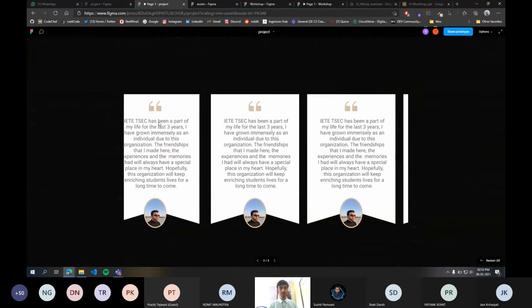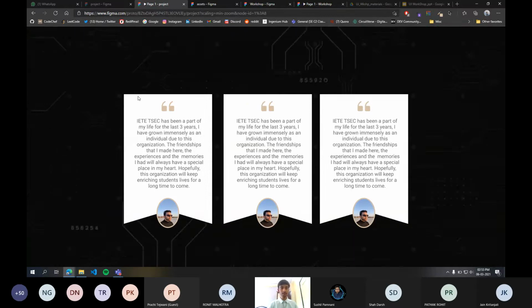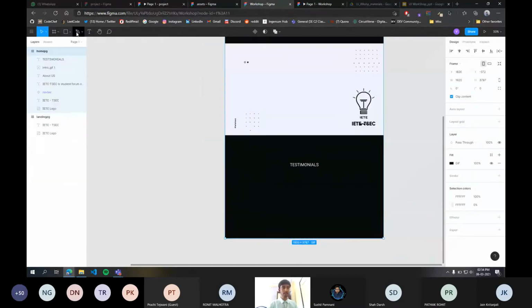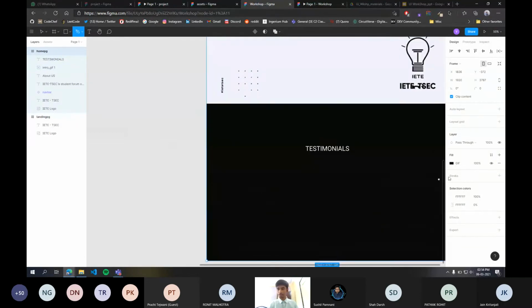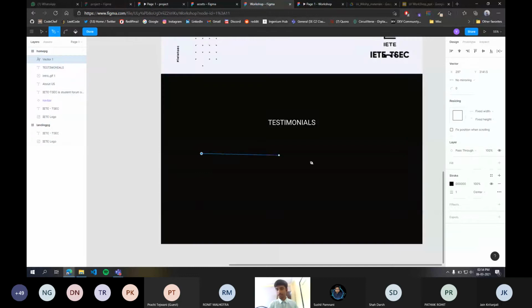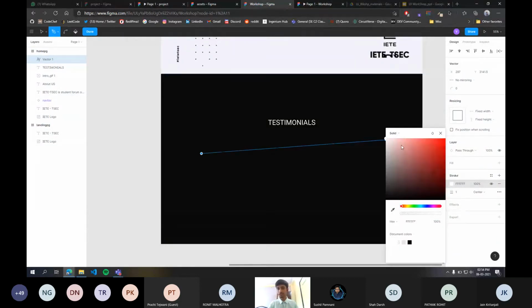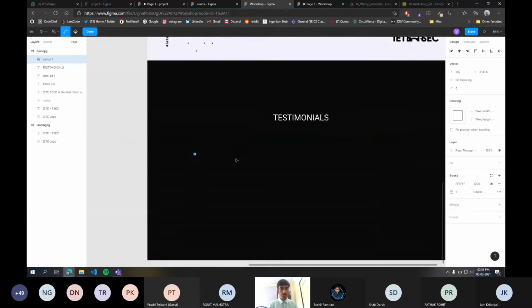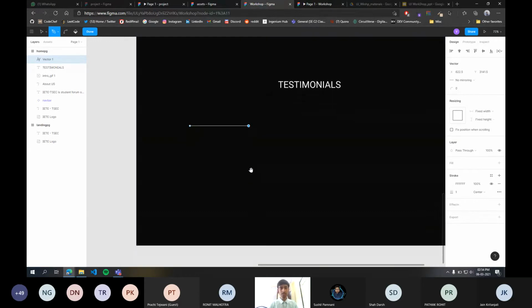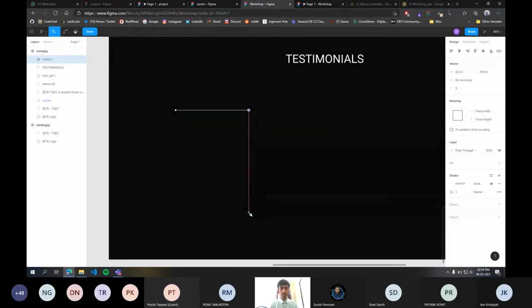Now, in our prototype, we can see that this white card is a different shape. It is not provided by Figma as well. So what you can do to make custom shapes is click on this pen tool. Okay, and just change its stroke color to white so that we can see what we are doing on a black background, and connect these dots to make your custom shape. Okay, so we'll try to achieve that shape.